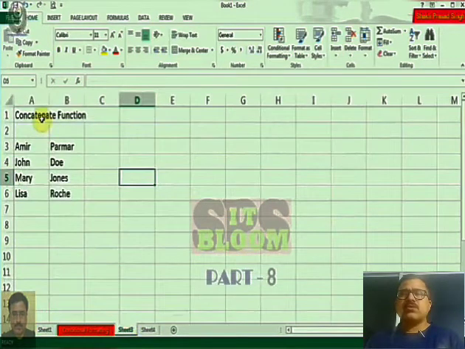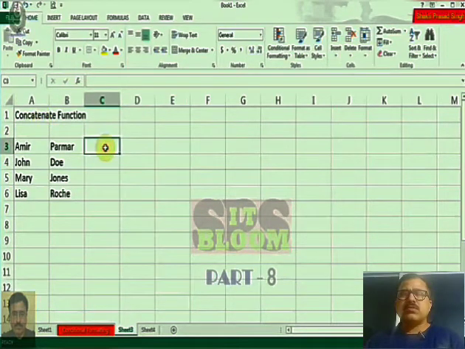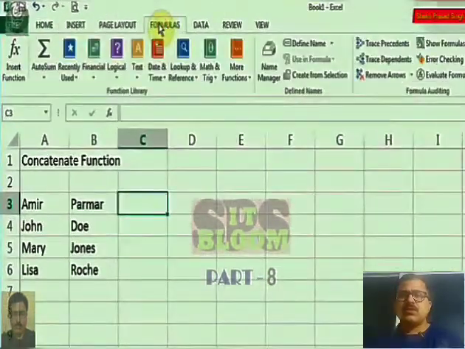On sheet 3, I have this thing called concatenate functions. So there are a lot of functions in Excel that allow you to do this thing. So I'll introduce you to a simple function called concatenate. What it does is I want to join my first name and last name together and put it in this cell. So to do this calculation, I have to go to the Formulas tab, and this is a text